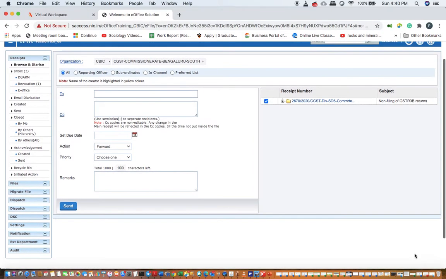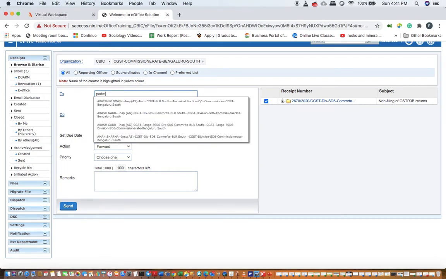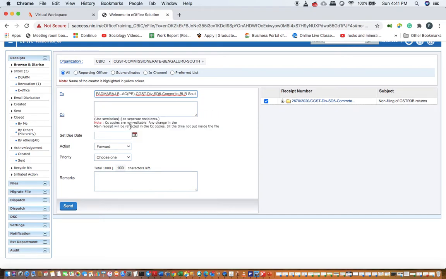On clicking on Generate and Send, what will appear before me? This particular box will appear before me. In that, I'll have to mention to whom I am going to send it. So I am going to send it to the Assistant Commissioner of South Division 6, to whom the letter was marked. So I will have to send it to him. So I am putting in the name of the Assistant Commissioner of South Division 6. That comes here. So this particular tapal that is diarized will go to him.